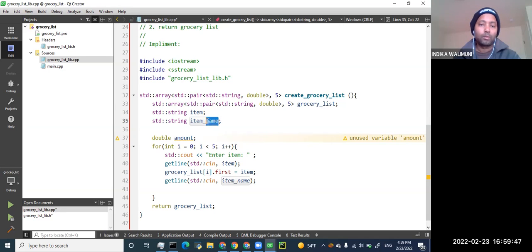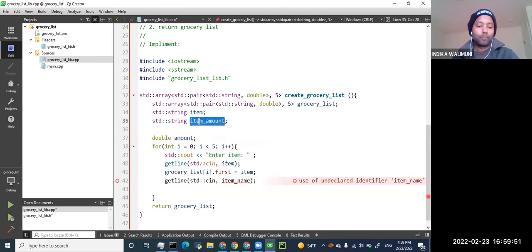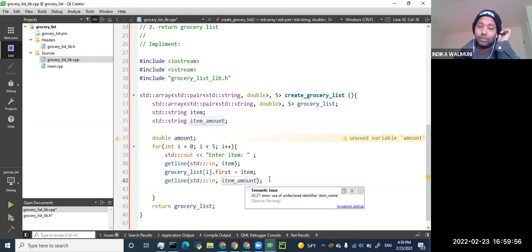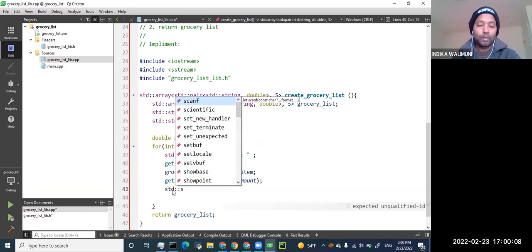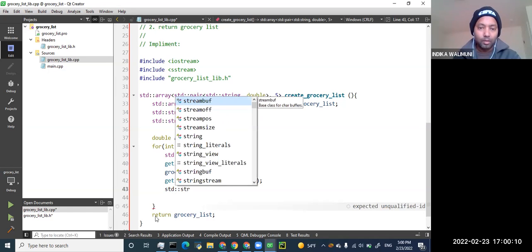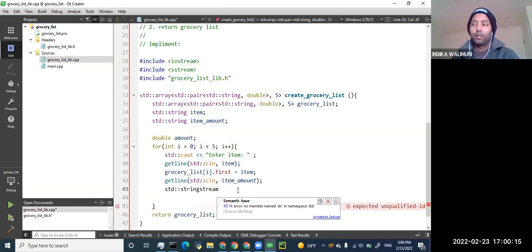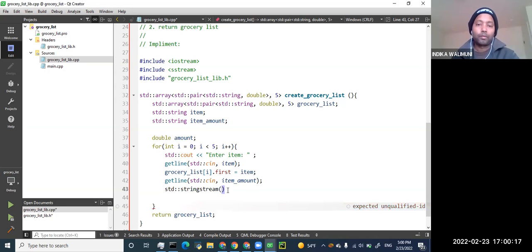We already have the item name. So this one right here, and then we got the amount. So we need to now convert this to a double. To do that, we have another method called std::stringstream. See that this is the one. All right, and then we pass this value